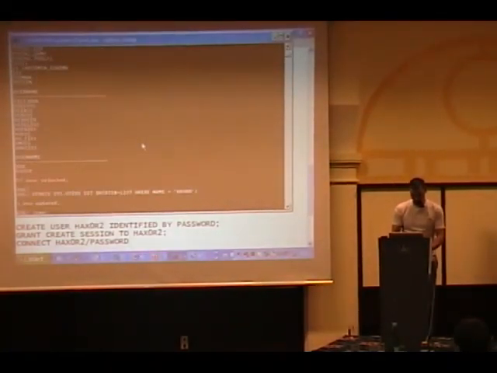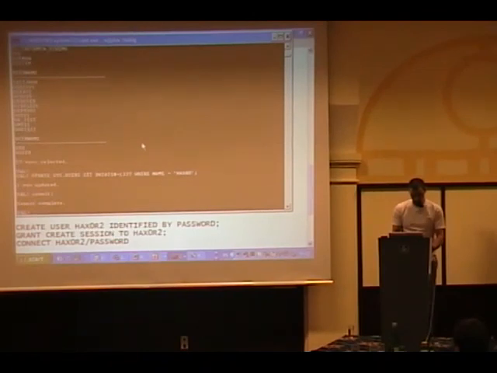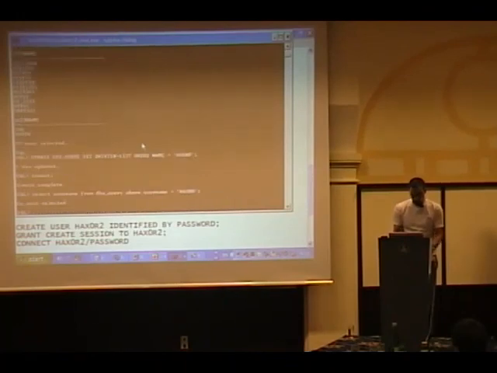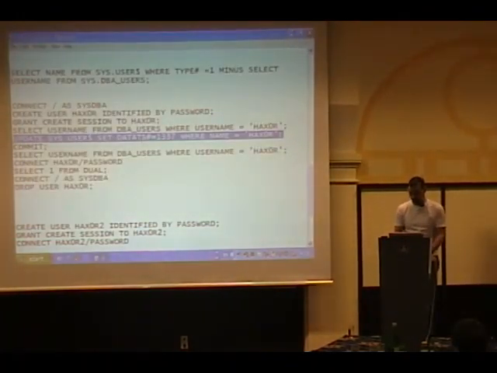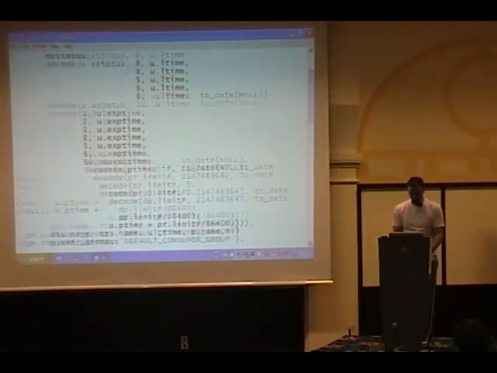One row updated, commit that. If we select username from DBA users where username equals Hacksaw, no rows are selected, and that's because here, when that view is essentially called,